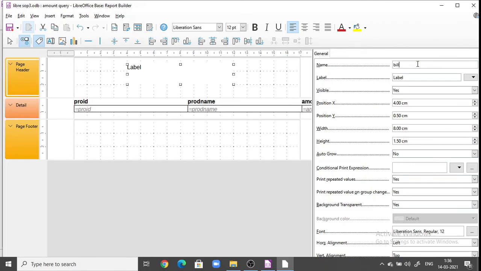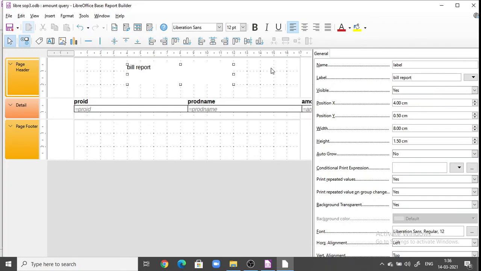If I write here bill report, you have to write the name in the label section. As soon as you write here in the label the bill report,